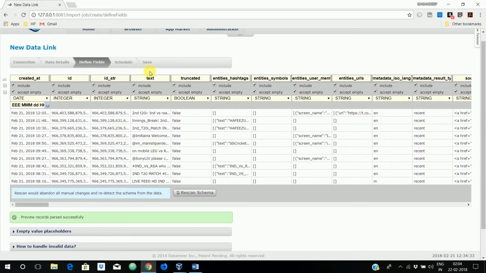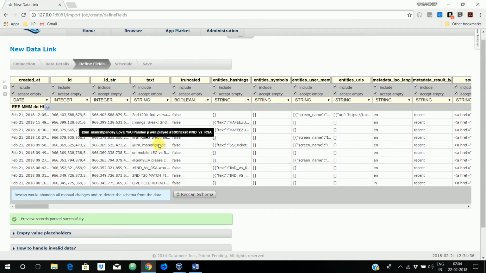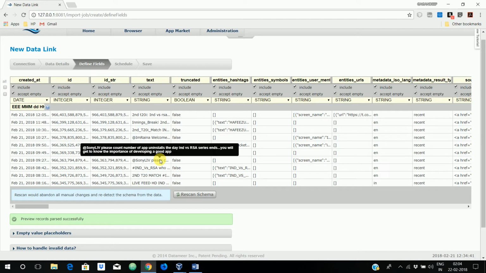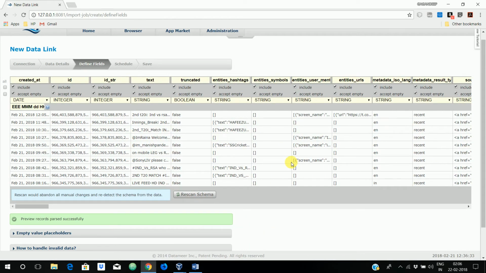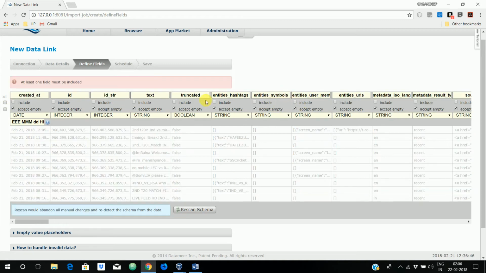That is this particular textual column. So this textual column is what we'll focus on. Apart from it, we will take care of very few columns, and the rest we will discard. We won't include all the columns because it's unnecessary. So you'll check this box and then recheck it, and you'll find all the included columns are gone. Then choose the important columns one by one, like the date at